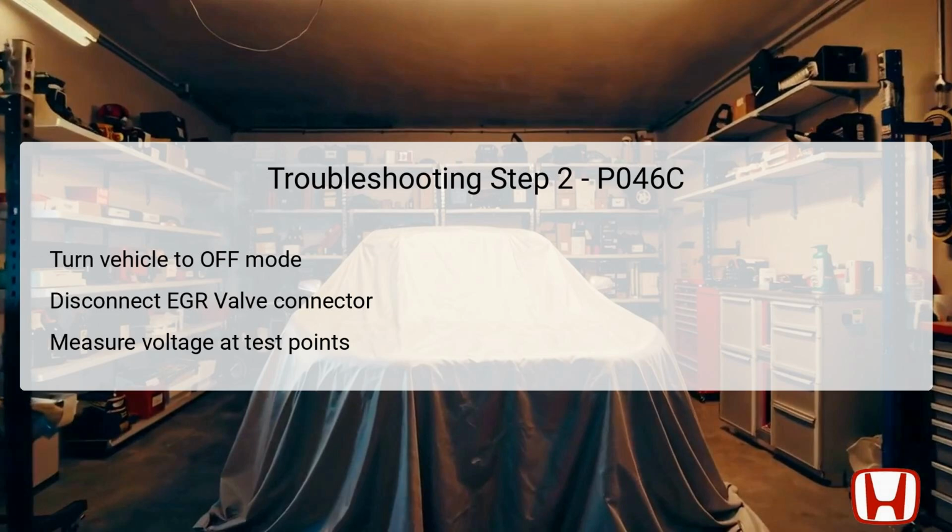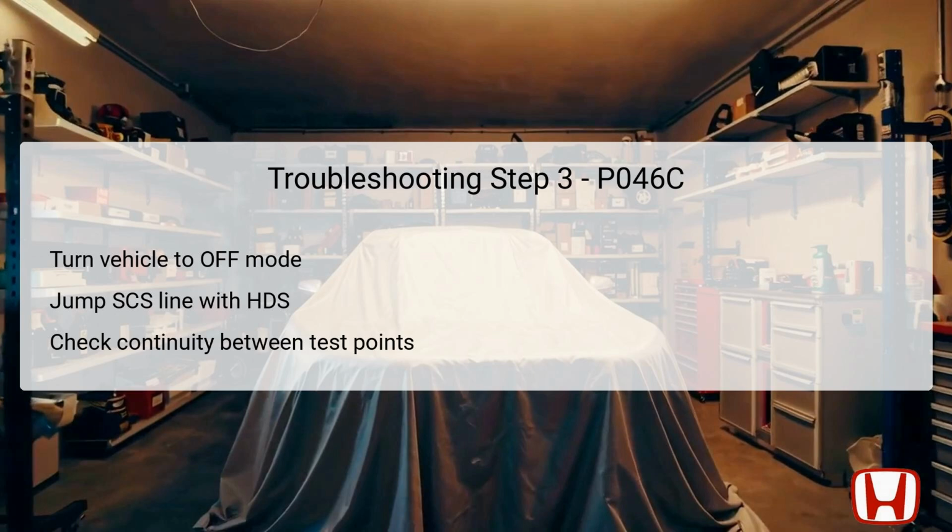If this voltage is present, it indicates that the position sensor is faulty and you will need to replace the EGR valve. If the voltage does not meet this criterion, further investigation is required, leading you to the next troubleshooting step. In step 3 of the troubleshooting process, begin again by turning the vehicle to the off or lock mode